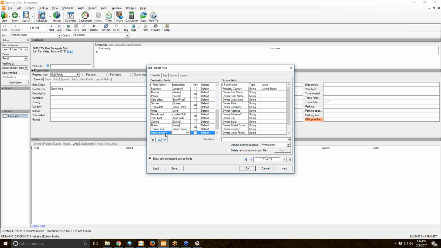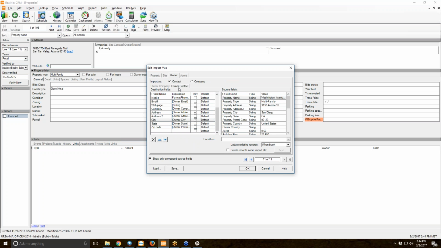So in this case, I want to mark all of the 11 records that are in here. In the import source, I want to put the word webinar. So within quotation marks, I can just put the word that I want to put into that field. For all of these records, it'll automatically, and I'm going to set this to always, I can then find all of these records based on that one field. So we don't actually have a column in Excel that matches up to this, but you can put text within quotation marks to put it in there for all of the records in the spreadsheet,